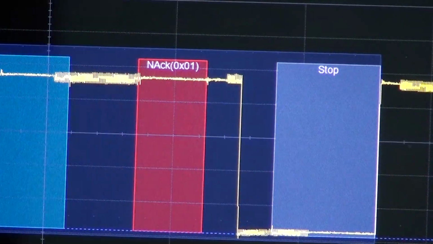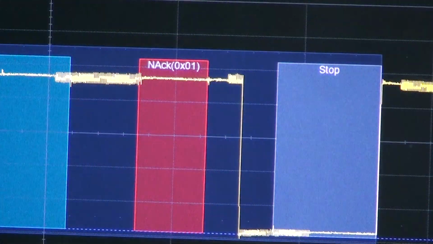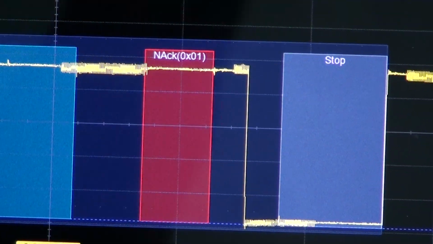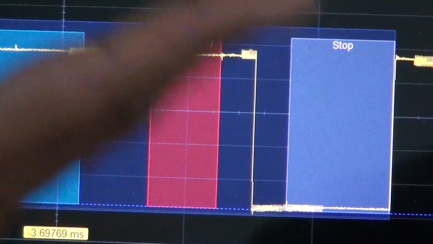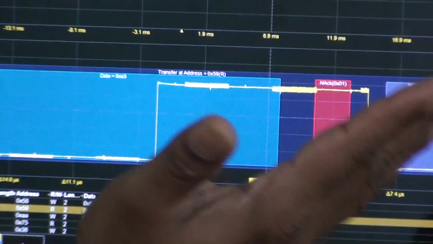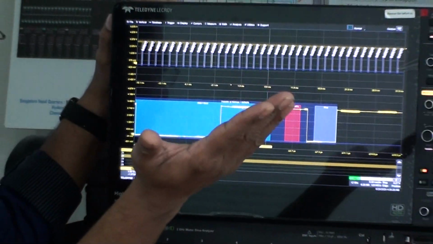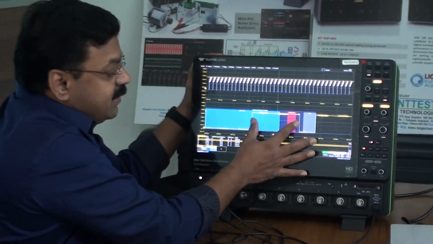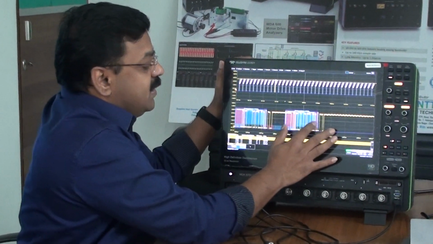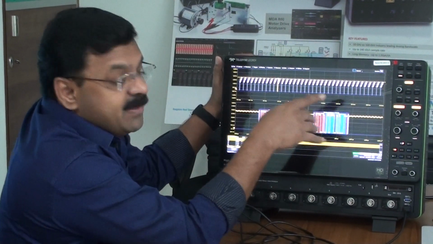Now the scope can also look at how many such errors are available. You could directly lock onto a particular address, you can directly lock onto particular data, and this will be able to give you a target chip of which channel is giving this error. And if you look at the signal integrity of this, you could see that this particular frame has an error.